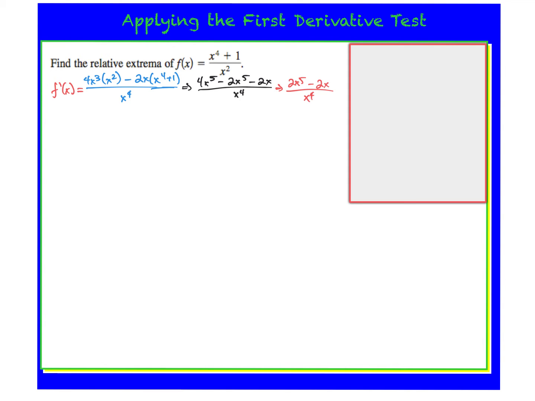I'd like to go one more step. All of them have an x in them, so let's get rid of one of them. So now we end up with f prime is equal to 2x to the fourth minus 2 all over x cubed. All right, so now I'm setting that derivative equal to 0. So when are we going to get something? X equals what? 1 and